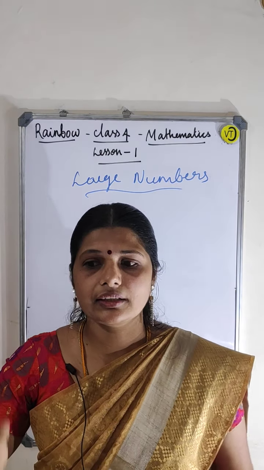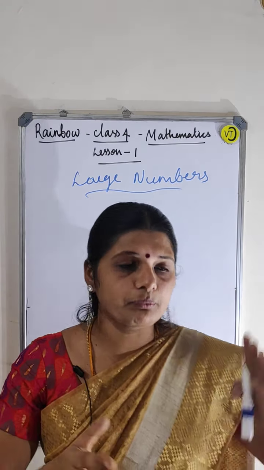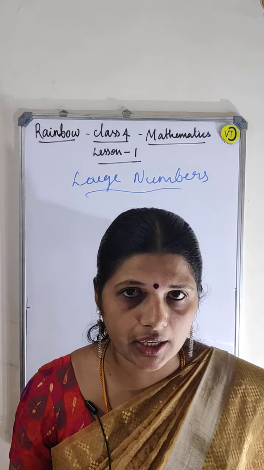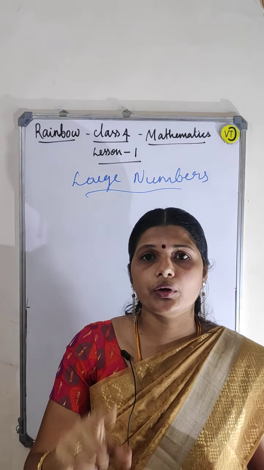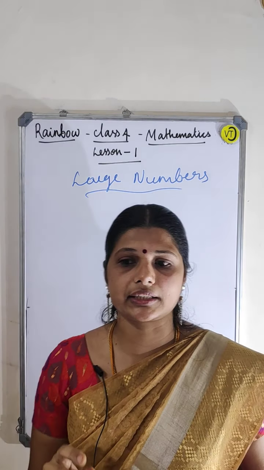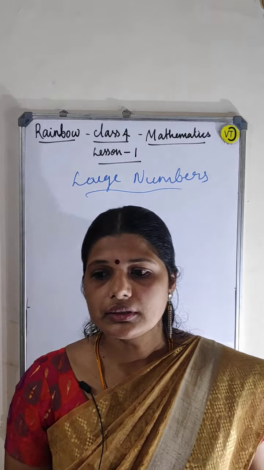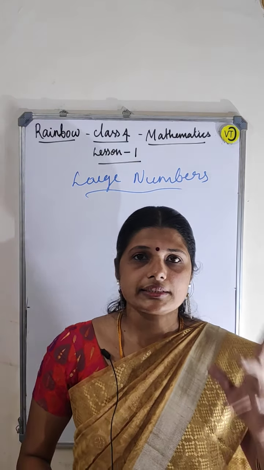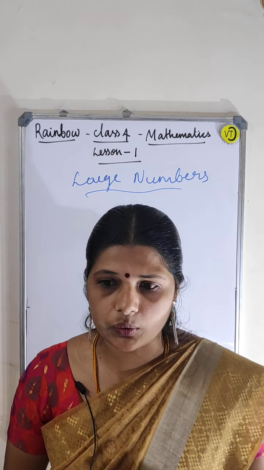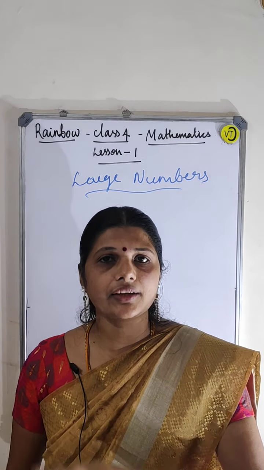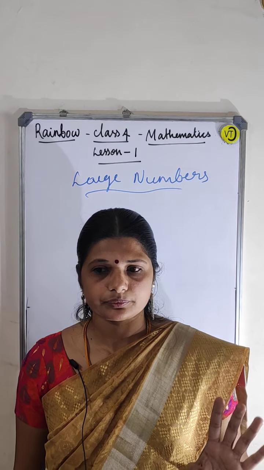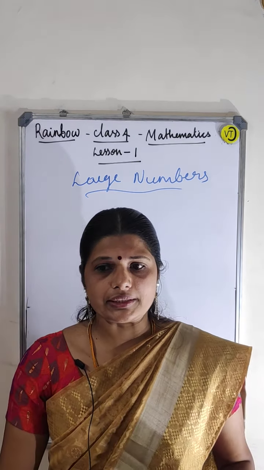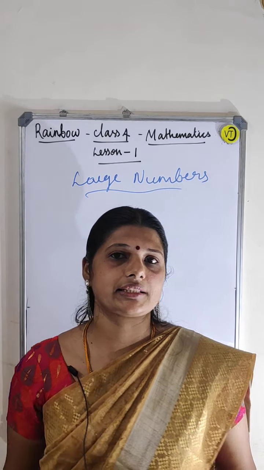Ones, tens, hundreds, thousands, ten thousands, hundred thousands, millions, ten millions. This way you have to represent these numbers on the place value chart in the international system. I am going to read this number in the international system, guys. Listen carefully. 702,845, right? Okay. 702,845. So this way you have to represent these numbers in the international system.